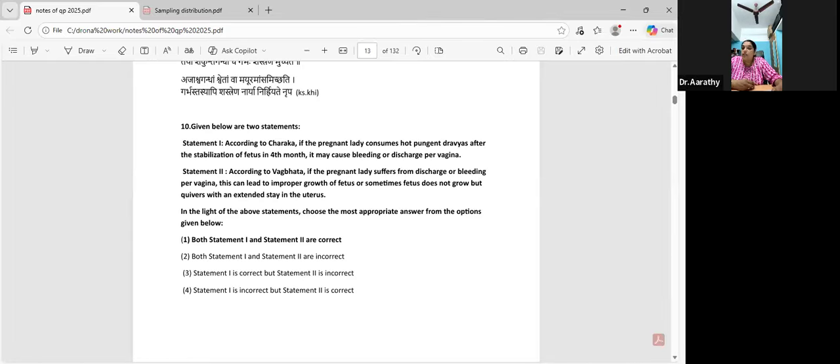Then Kukshi and Garbha Vriddhi also has different opinions, right? That point also is a confusion point. Then regarding treatment also, you have a little confusion over there. Means confusion matlab, each acharya might have said a little different treatment for each. So that is also one point of confusion. So I have told 7 points where confusions exist in this one topic. You will have to make a note of each point for each acharya. You tabulate it and maintain it so that last minute reading will be easy. Okay. Now the next question, 11th one is,